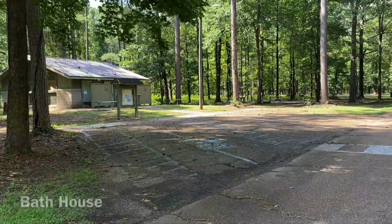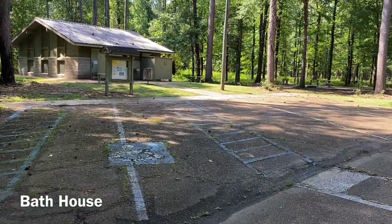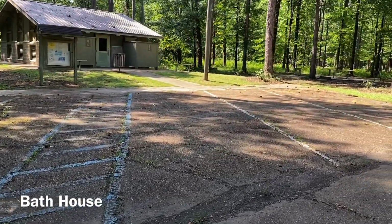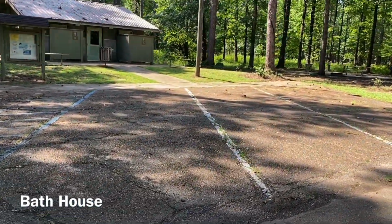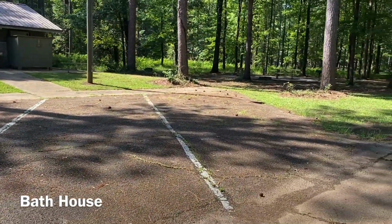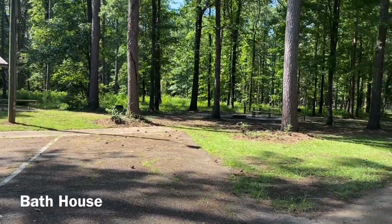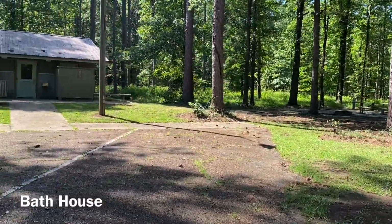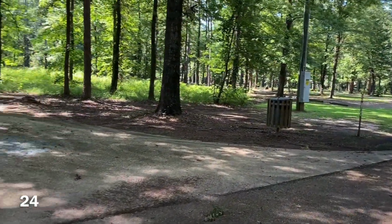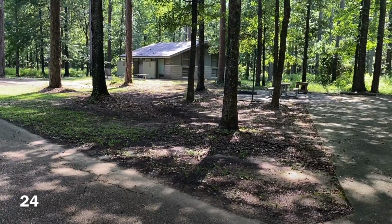And just past 23, you will find a bathhouse, shower house, restroom facility supporting this small loop. These bathhouses do have washer and dryer units in them. Most of them do, but they are only opened up for the camp host and volunteer use. So no guest use. Site 24, handicap accessible site here as it is right near the bathhouse on the inside